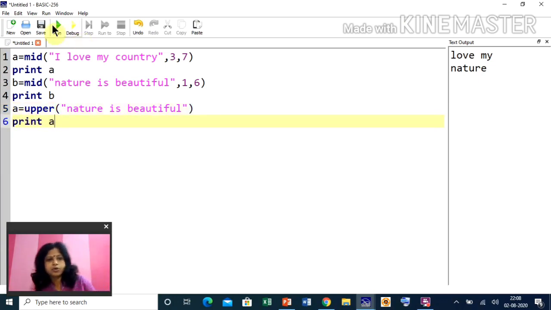Now see the output. The output is in capital letters. This is the use of the upper function.